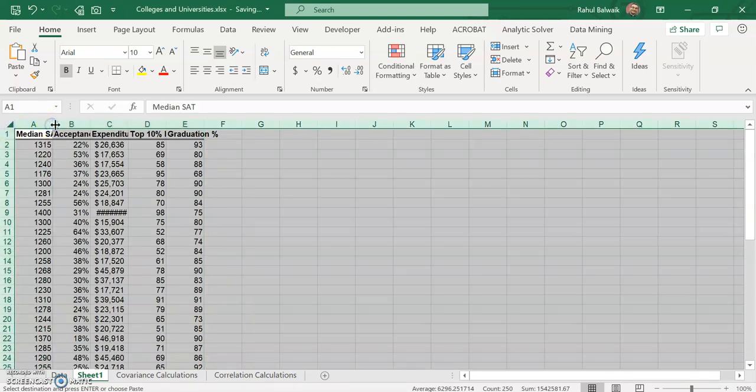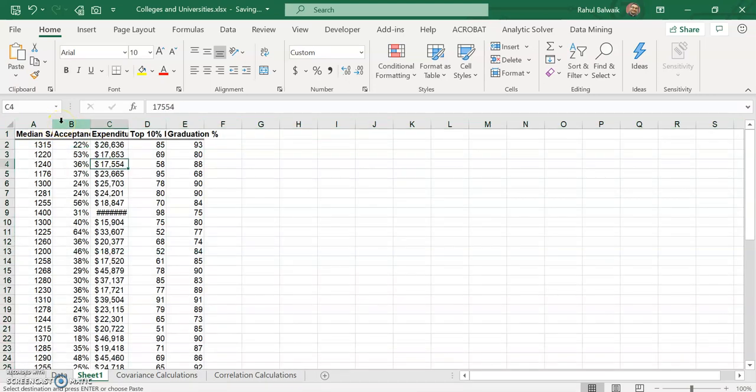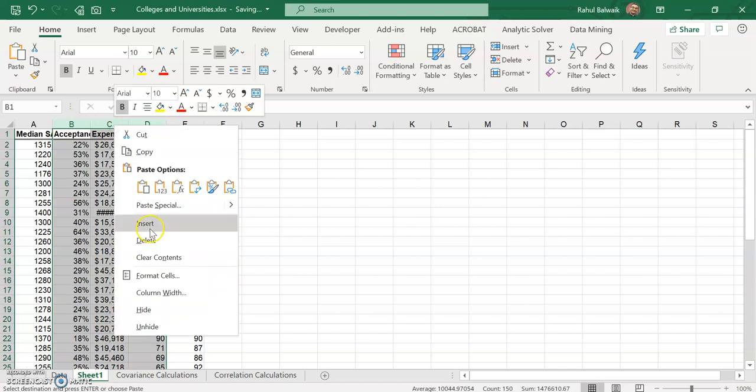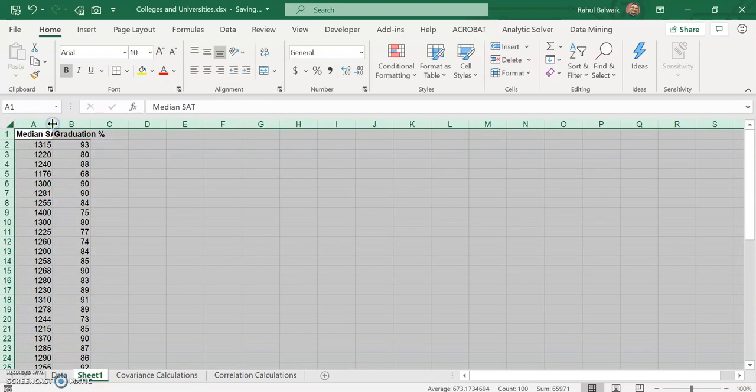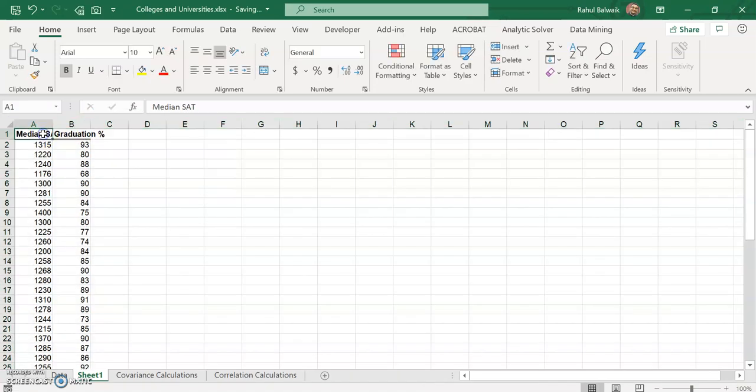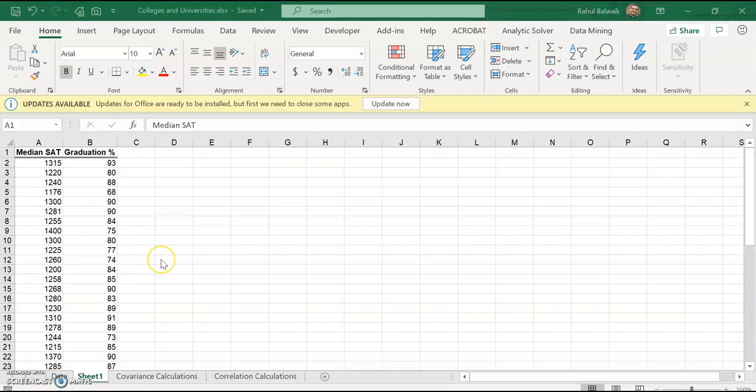We are just using the median SAT score and the graduation percentage, so let's get rid of these two columns. These are the two parameters that we'll determine the covariance of.